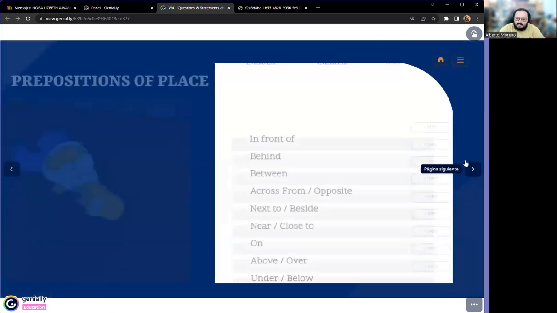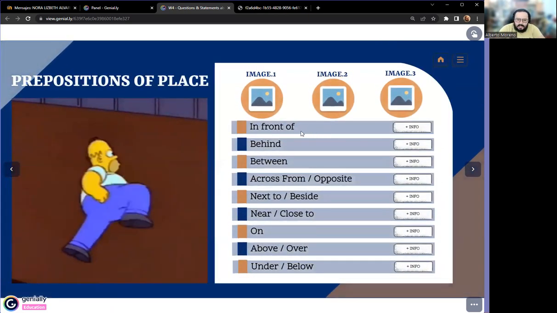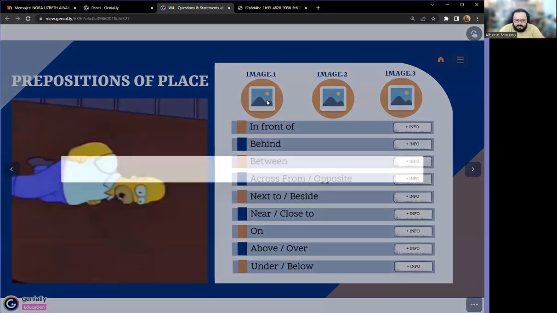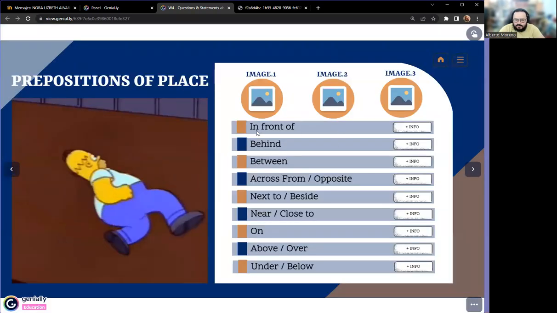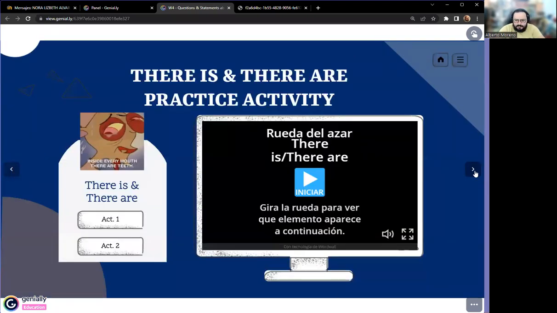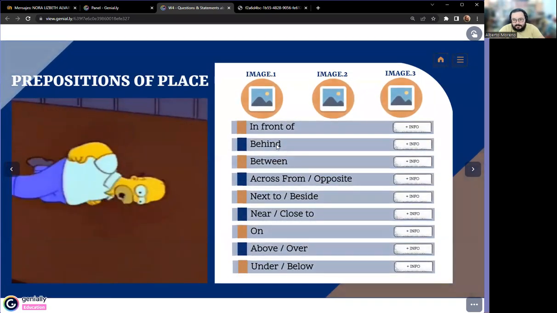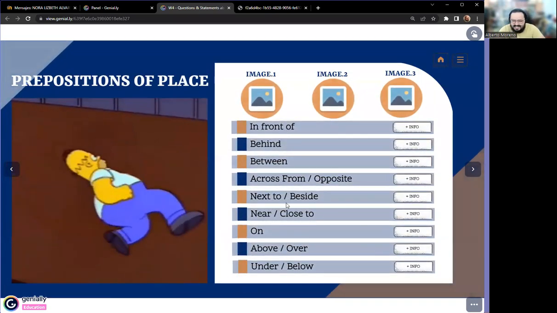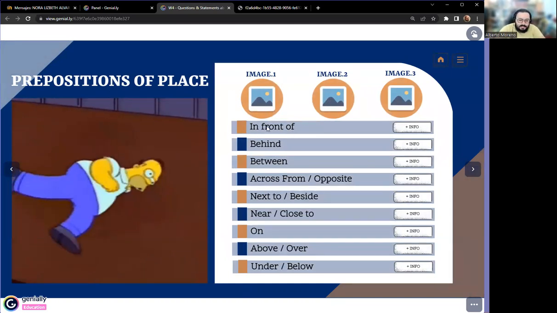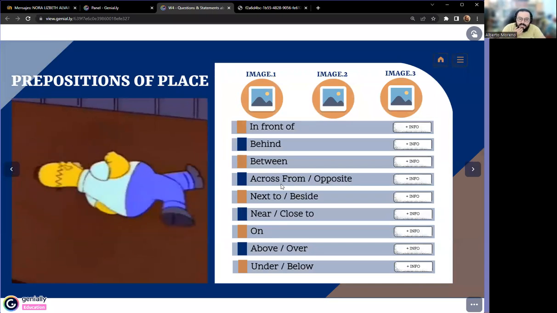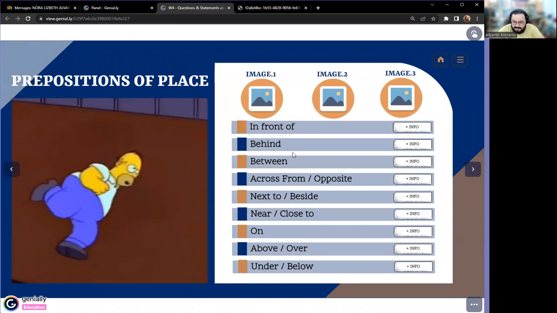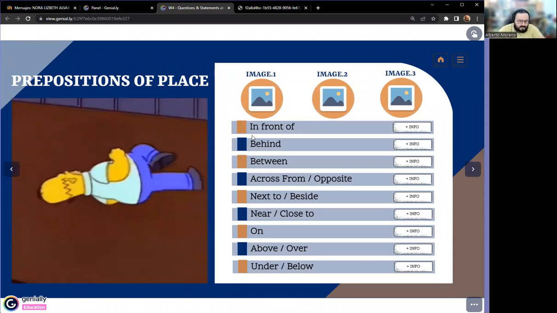Okay, so let's continue with the prepositions of place. Y bueno, las preposiciones de lugar, the prepositions of place are quite easy. Las preposiciones de lugar son pues sencillas hasta cierto punto. Es un tema complementario para there is y there are y para el tema de la semana número 7. Pero en la semana número 7 continuamos con las preposiciones de lugar. Y bueno, en las preposiciones de lugar tenemos muchísimas, pero aquí vamos a ver las más sencillas o las básicas,